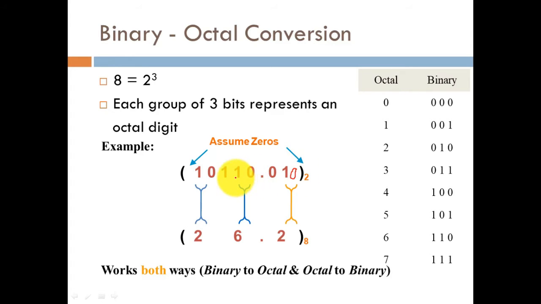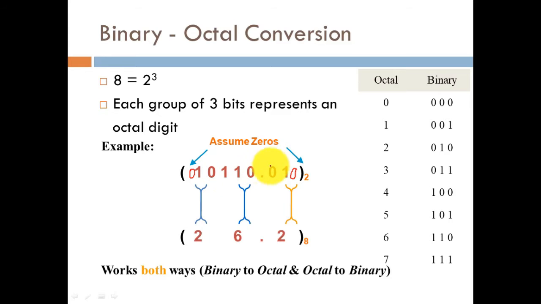In a similar manner, if we count the number of digits on the left-hand side, that is the integer part, 1 2 3 4 5, again we have to add a 0, so that we have 6 digits, so that we can easily convert them into 2 blocks of 3 bits.